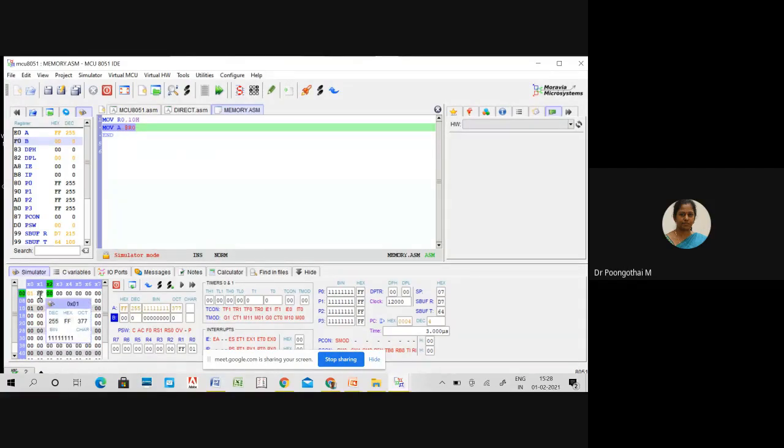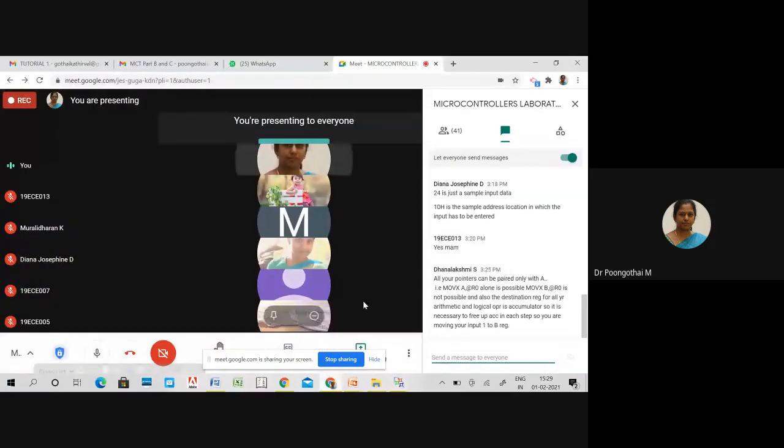So this is your 01 address. Okay, 01 holds FF, and that value is transferred to the accumulator. Is that clear? So can you understand the difference between move R0, #10 and move R0, 10?